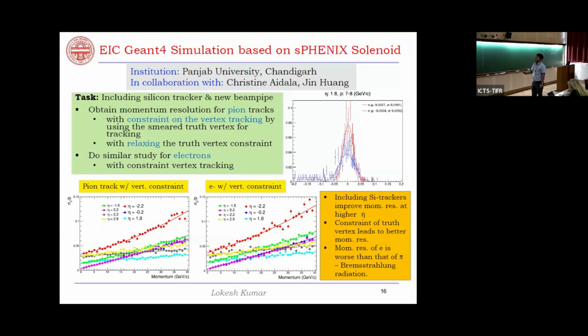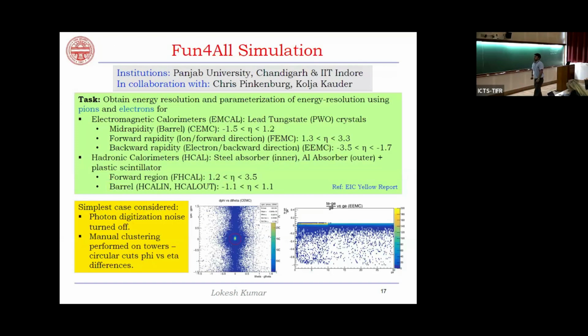Some of the observations were that including silicon trackers improves momentum resolutions towards the higher eta, and if we include the constraint of truth vertex, that leads to better momentum resolution. And one can see from this plot that resolution for electron is worse than pion, which is due to the Bremsstrahlung radiation. So after that, the Athena collaboration was formed, and we worked on various